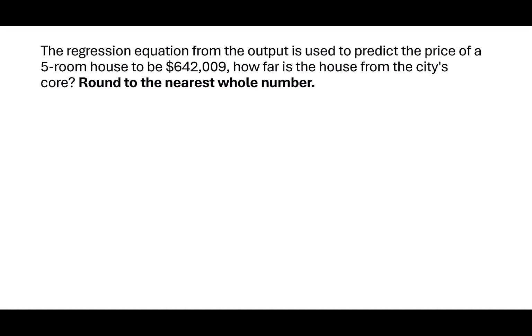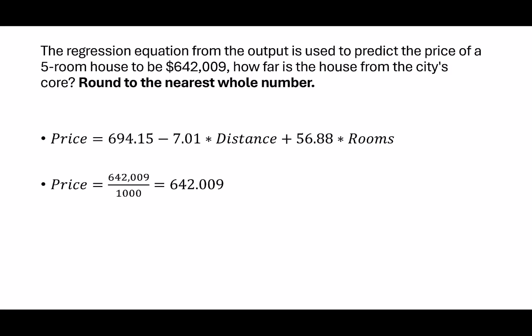The regression equation for the output predicts the price of a 5-room house to be $642,009. How far is the house from the city's core? Round your answer to a whole number. Our model says the price is $694.15 minus 7.01 times the distance plus 56.88 times the number of rooms. Because the model is done in thousands, our first step is to convert the price. We want to take $642,009, divide by 1,000 to get